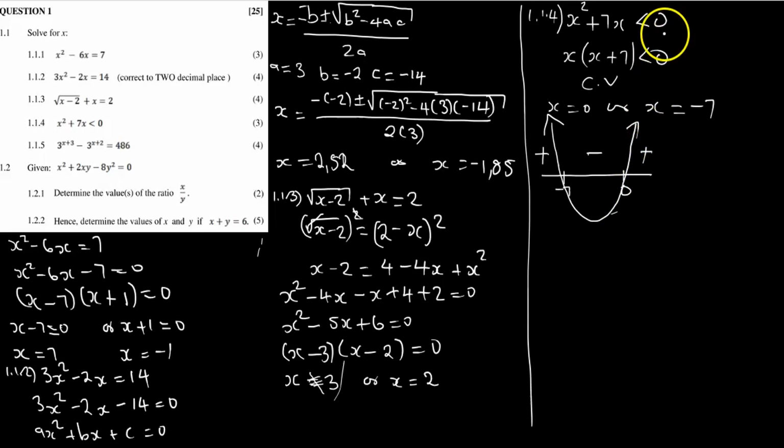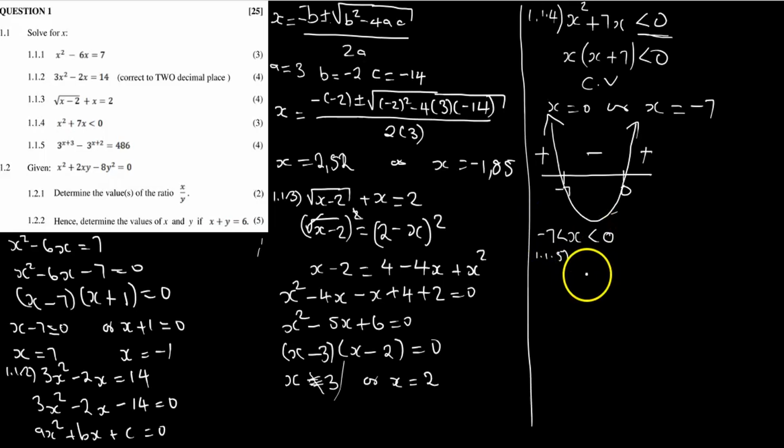And then what did the question want? It wanted where our graph is less than 0, meaning it's negative. So our graph is negative between negative 7 and 0, so you can just say your x is greater than negative 7 but less than 0. So that is our answer. Now we go to